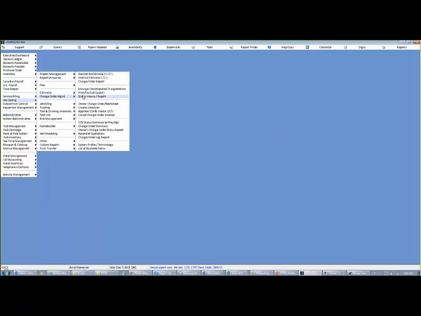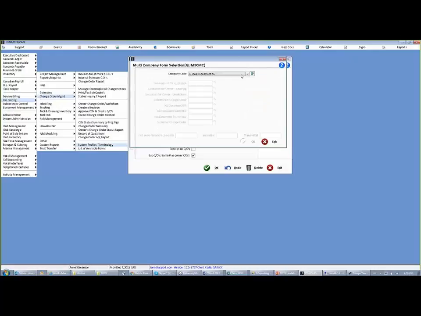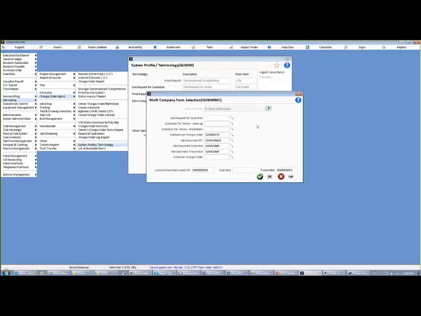When you go into change order management, if you're using Design Your Own Forms templates, don't worry about what's here, because as soon as we put anything into the multi-comp area, it's going to override what you've put on the front in terms of your form selection. So when you go down here, you can see you could put in the form related to your sub RFQ. That was the 4th one. Your CCN cover page,